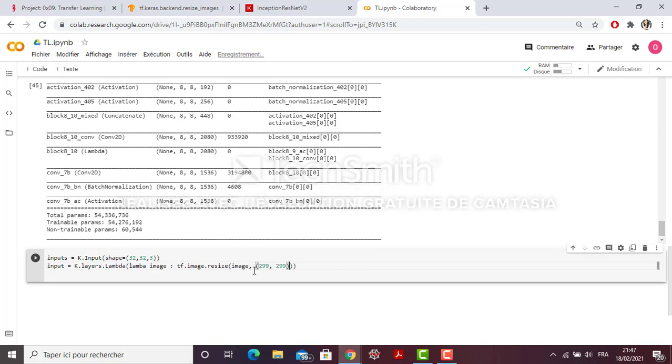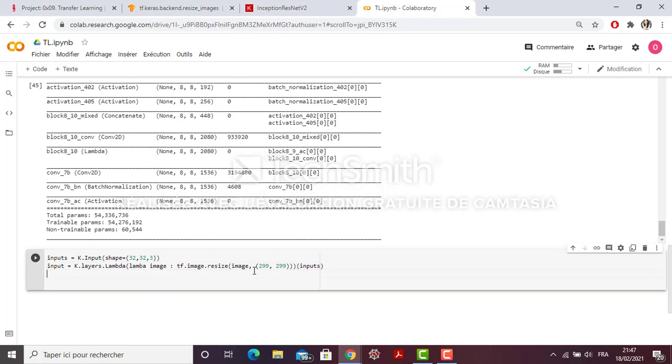This is my new shape that the base model is expecting. Then I will apply to it the previous inputs. So this is one way to do it with a TensorFlow function.